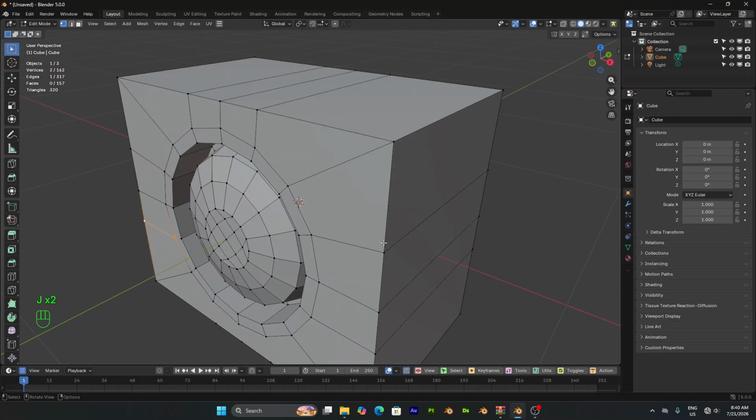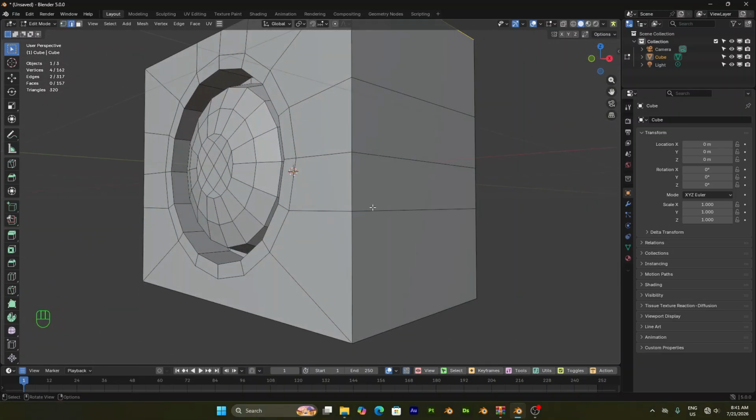Okay. Now switch to edge selection mode. Select these edges. Ctrl B to bevel them,